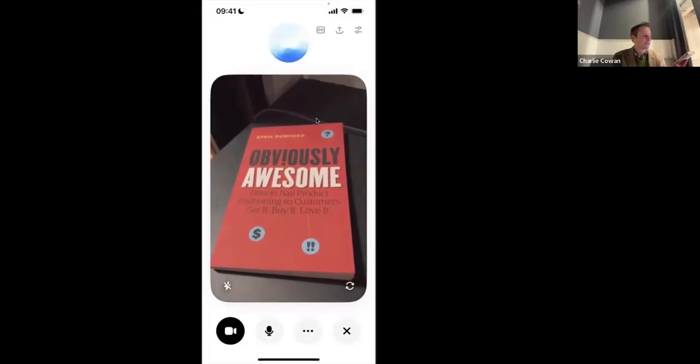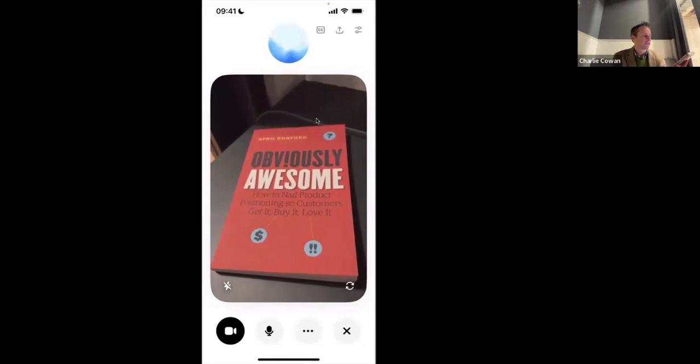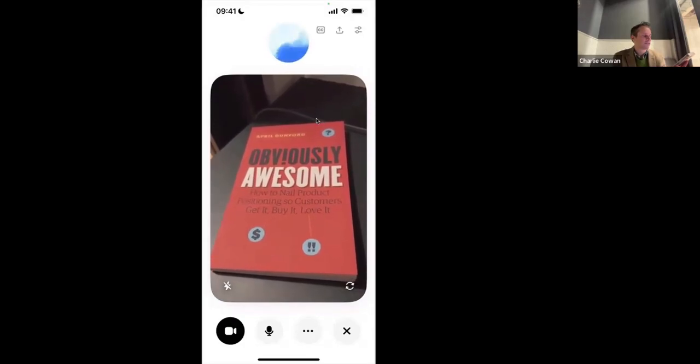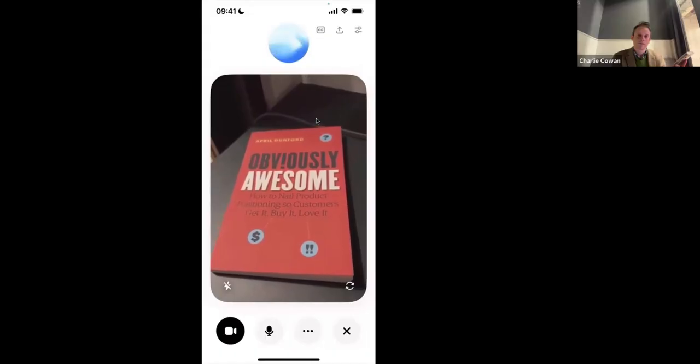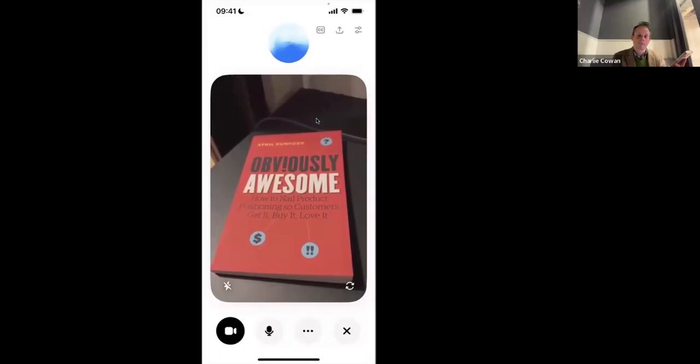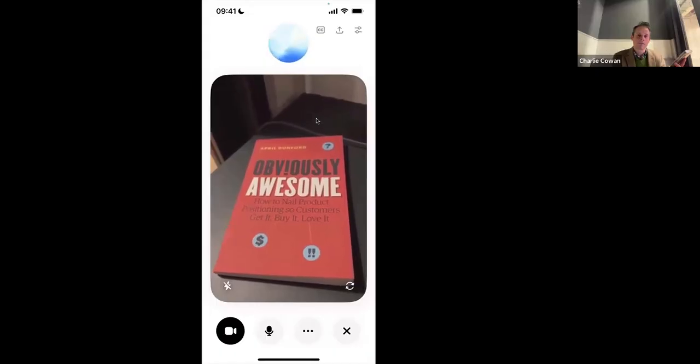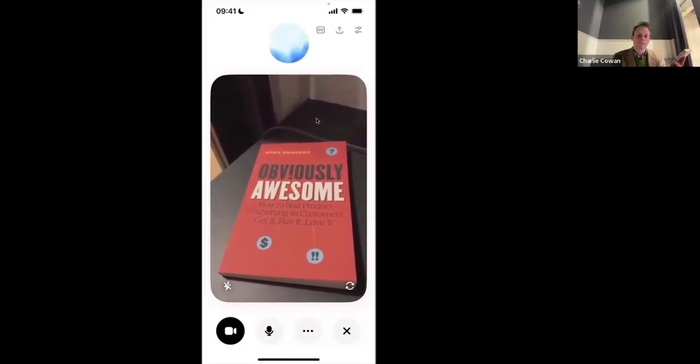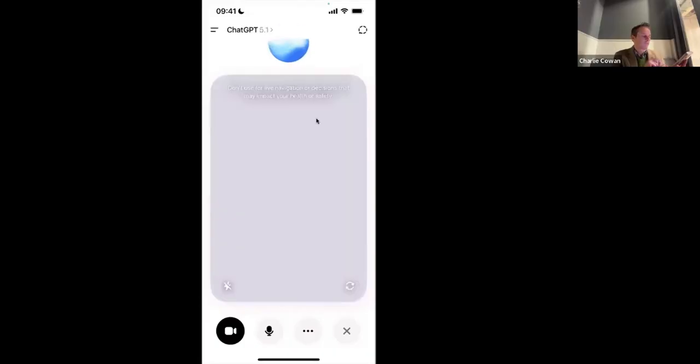Absolutely. So this book, Obviously Awesome by April Dunford, is all about nailing your product positioning so that customers really understand it and love it. And the book has a bunch of frameworks that are pretty practical. One of the key frameworks she talks about is basically how to break down your market categories and figure out where your product fits. She'll guide you through understanding your competitive alternatives, what your unique features are, and how to basically position it so that the right customers just immediately get it. In a nutshell,